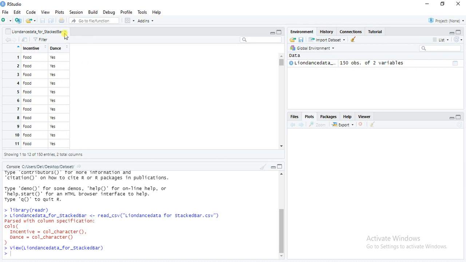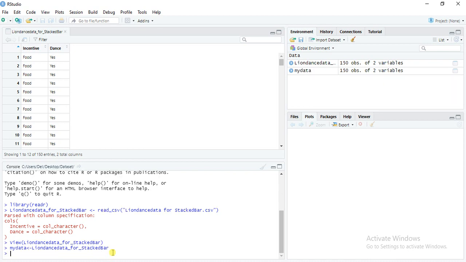Now first of all I will view my data, lion dance, and then my data.